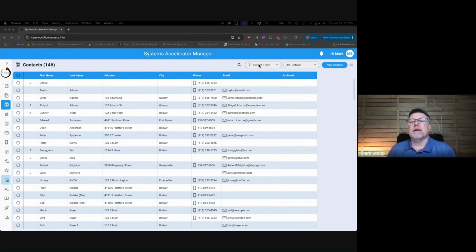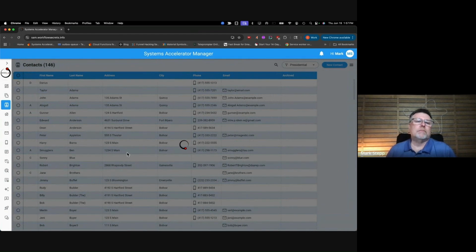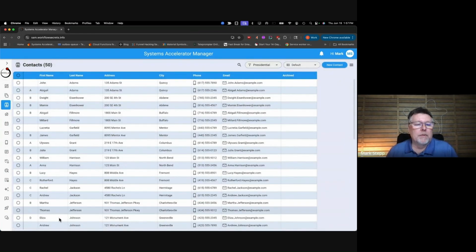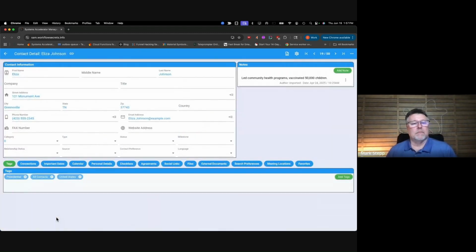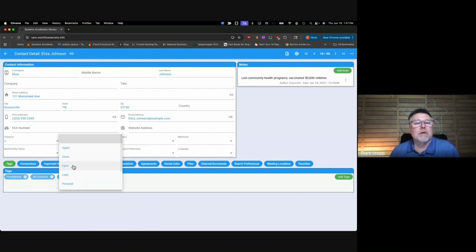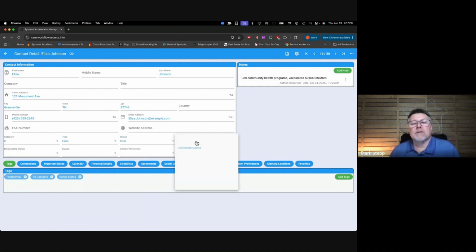In the contacts area, let me pull up a presidential one again. So let me just pull up this one. These 4 fields right here: category, type, status, and milestone. If you change any of those 4 fields, if I change the category, the type, the status, or the milestone,